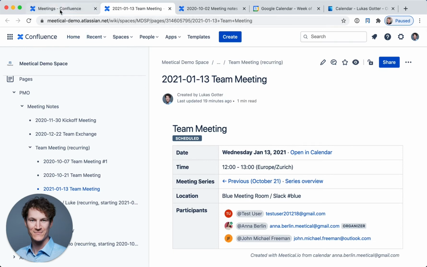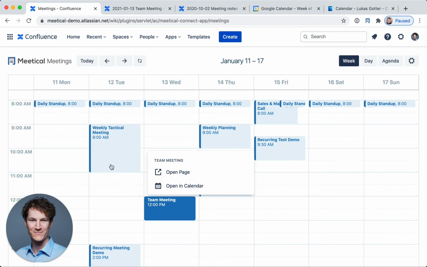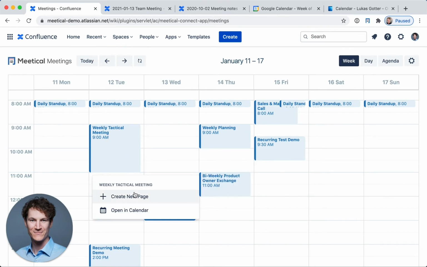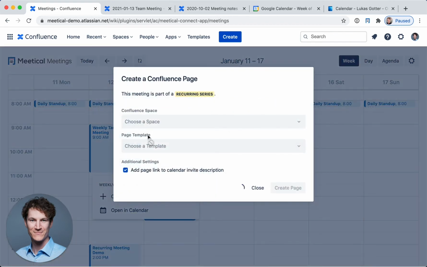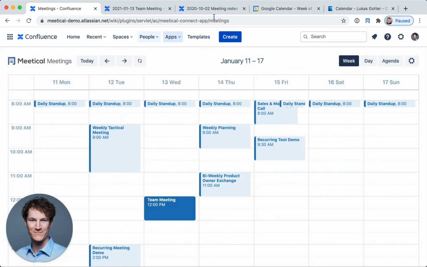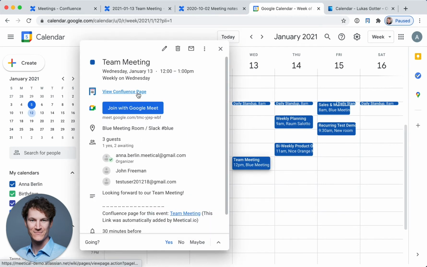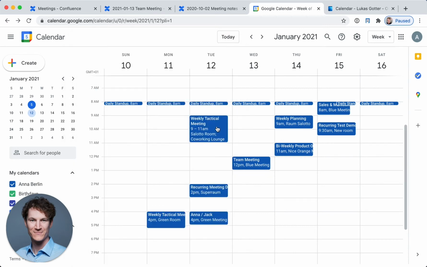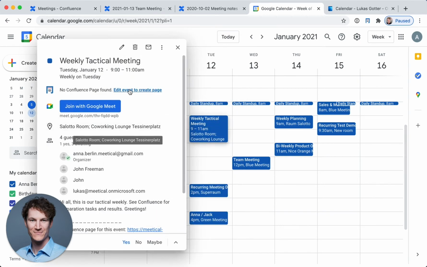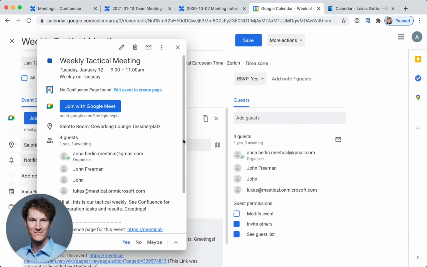Now, I can not only find pages faster, but I can also create new pages directly from here, which opens up this drop-down menu. But another option is to use, for Google Calendar or for Outlook, the calendar extensions. So first thing to notice here, the team meeting again is already linked to a Confluence page. And this is why the Meetical calendar extension will directly show me the link to the page. But if there is no page yet, I will see the option here to edit the event and create a